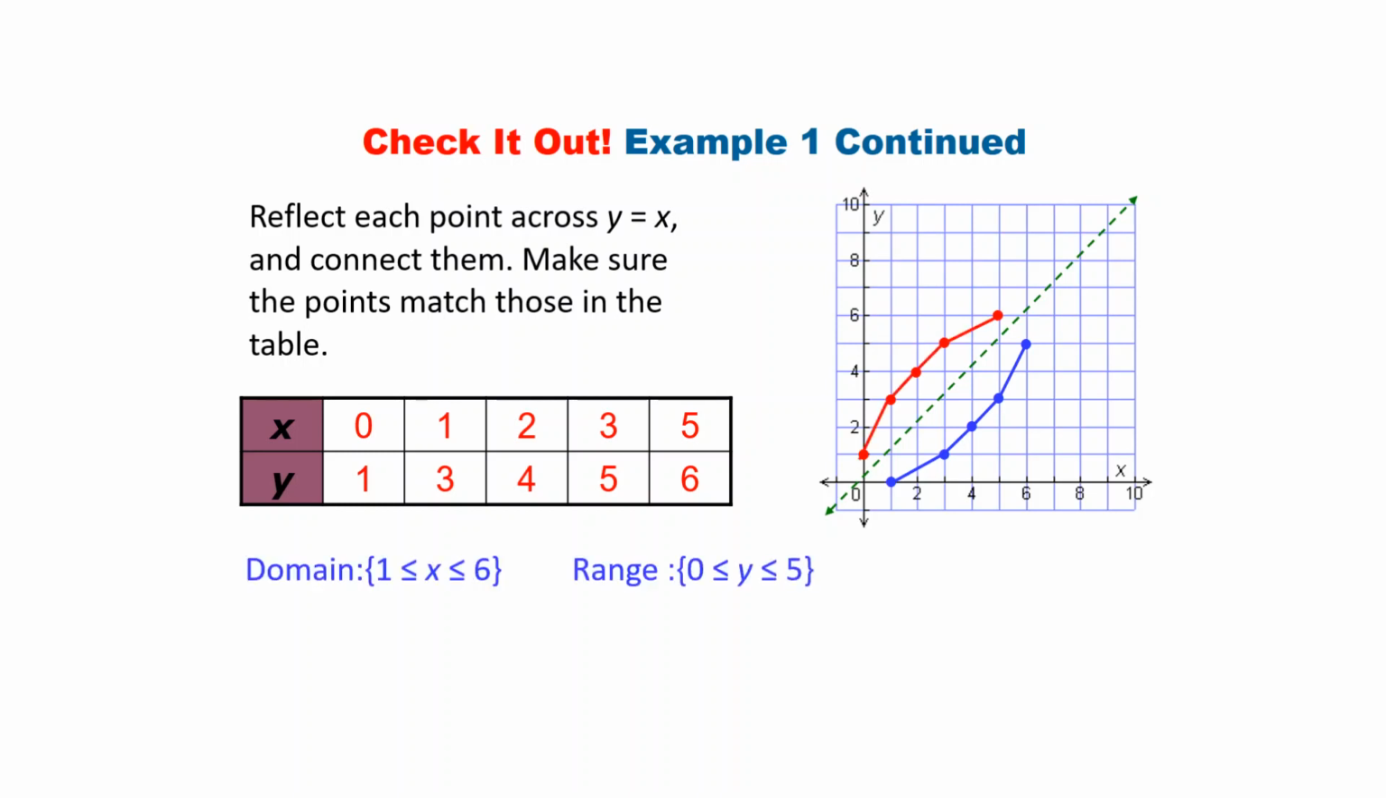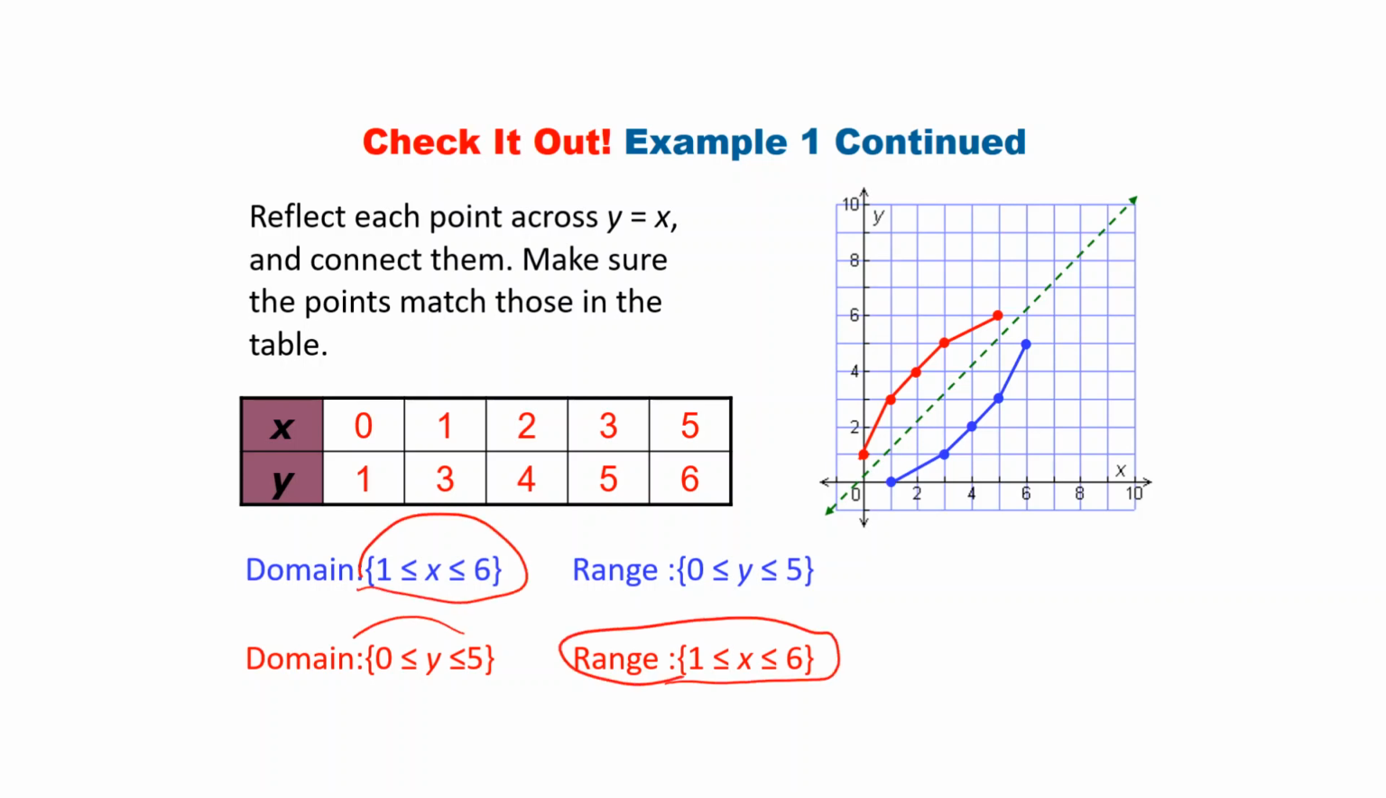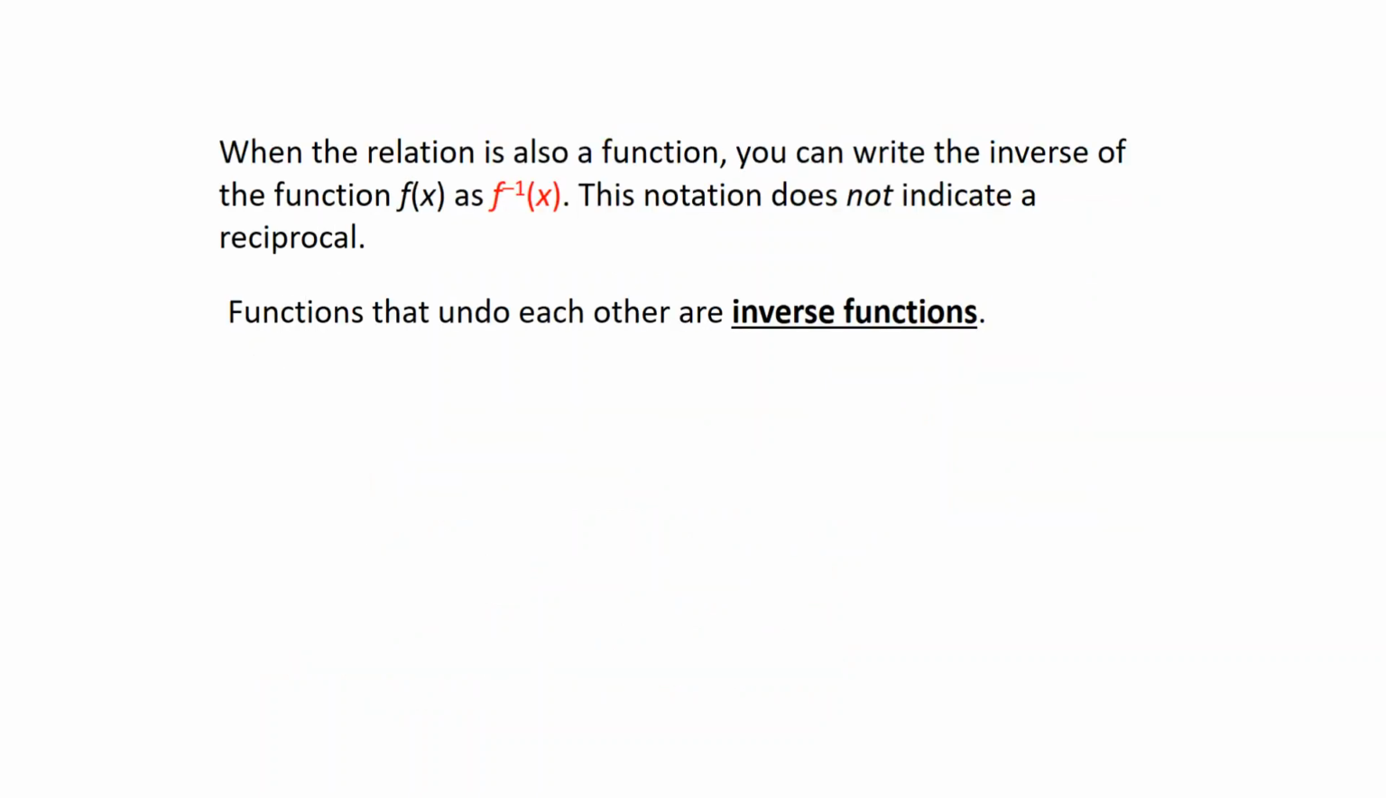Draw them together, and so you can see what the reflection looks like. Again, notice that the domain and the range of the inverse are the same, and our domain and inverse are the same on the other set too. So notice how those work together. All right, when the relation is also a function, you can write the inverse of the function f of x